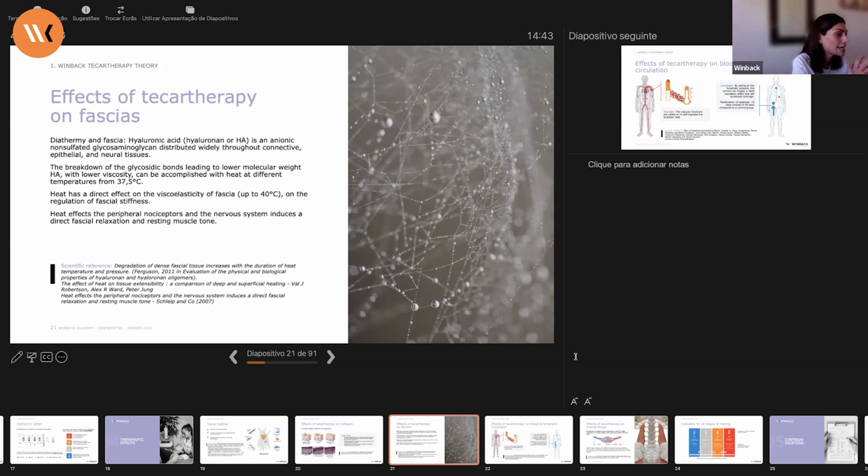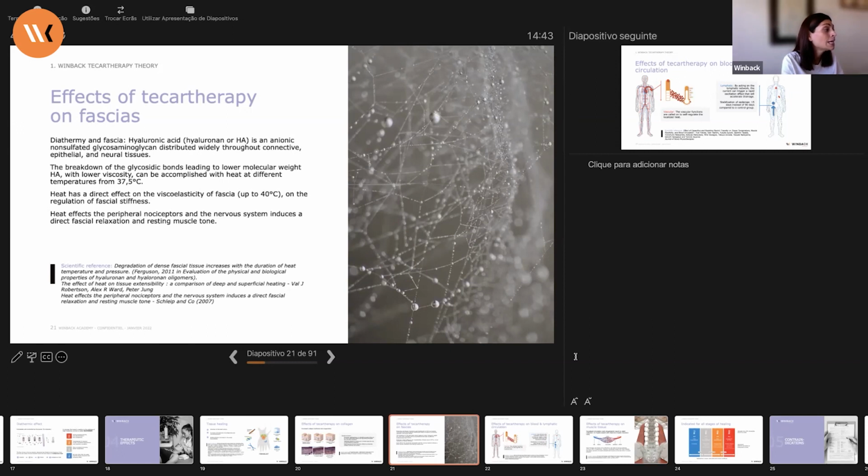The hyaluronic acid is an anionic non-sulfated glycosaminoglycan distributed widely through the connective, the epithelial, and the neural tissues. The breakdown of these glucosamine bonds, leading to a lower molecular weight of the hyaluronic acid with a lower viscosity, can be accomplished with heat at different temperatures from